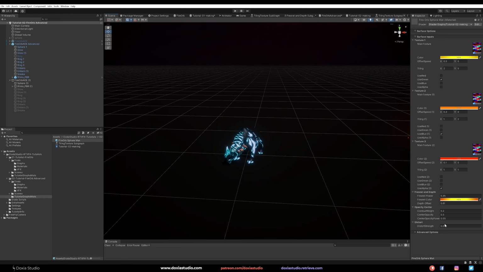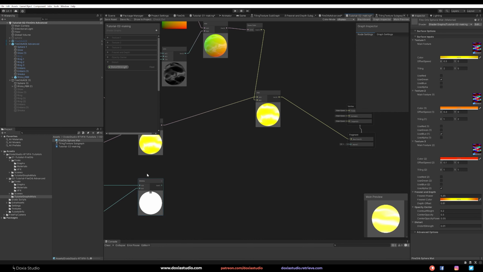That's pretty cool. So now I'm using 0.01. If you go with 0.1, you can see it works with really high values. So let's go with 0.01, so it's a subtle distortion. Okay, so let's combine everything with our colors and our alpha. Let's put an add node, and we want to use our final color. Let's add our distortion. And our final alpha, let's link here.